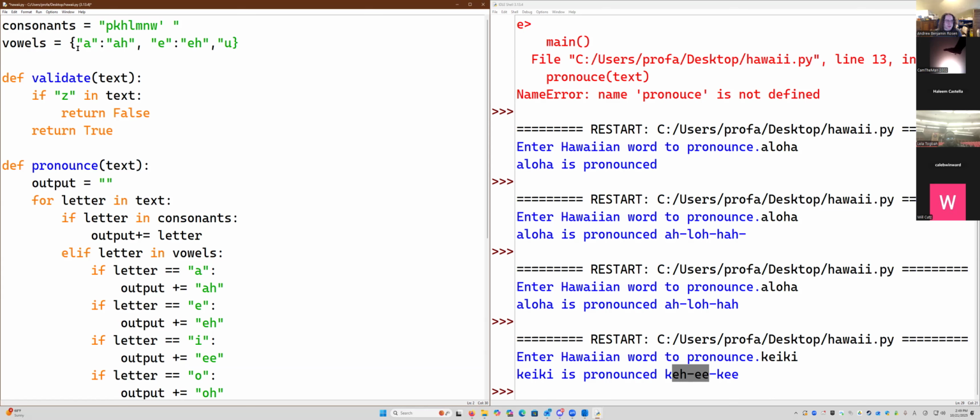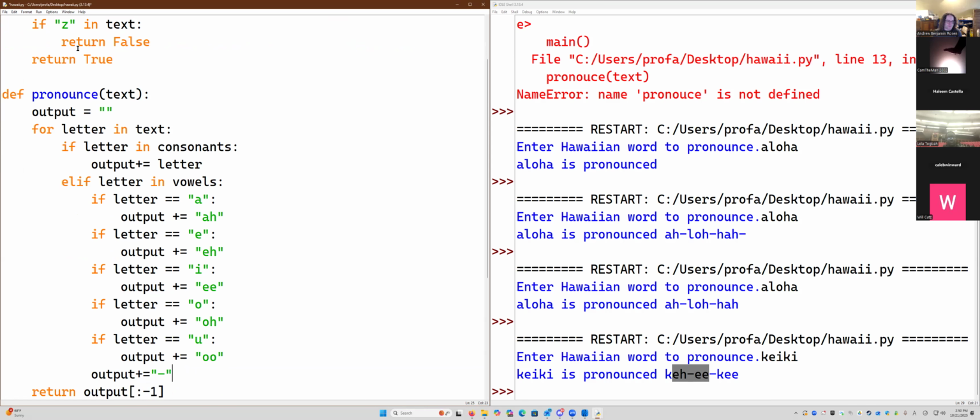I, colon, E, O, colon, O, U, colon, ooh. Okay. So now that we have this set up, actually all I have to do is replace this